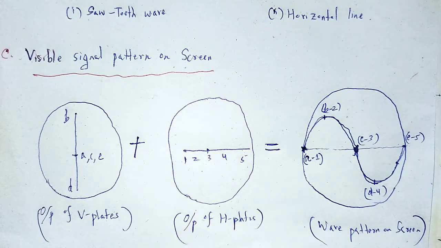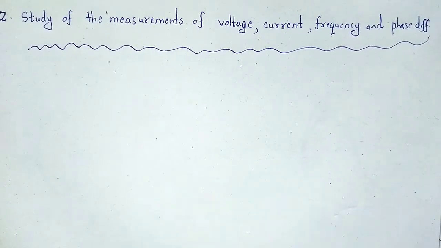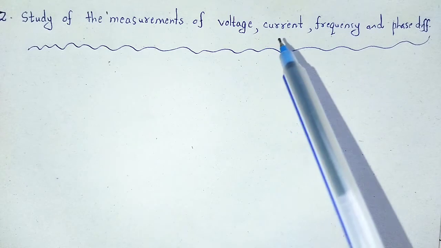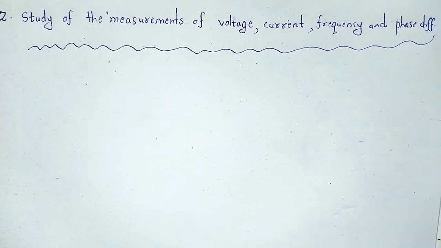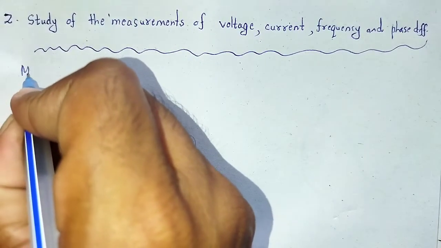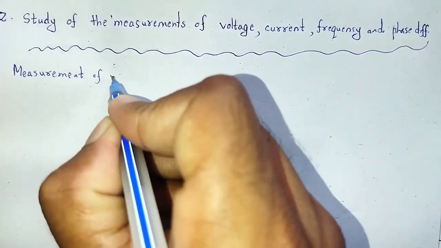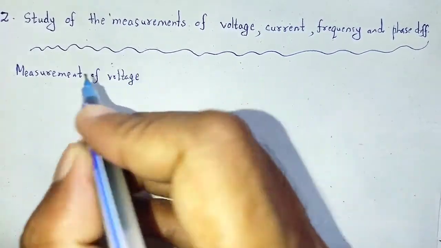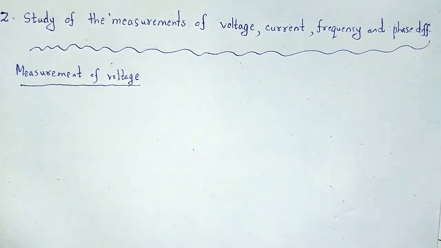Next application of CRO: by using the cathode ray oscilloscope, we study the measurements of voltage, current, frequency and phase difference. First of all, how do we measure voltage? Measurement of voltage. The basic principle used to measure voltage by using CRO: